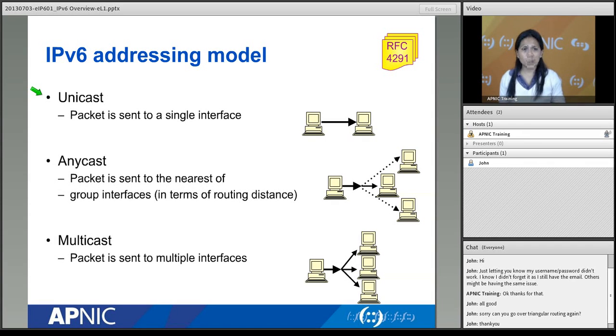Now, let's look at different IPv6 addressing models. As I've said, we are no longer using broadcast. We don't need broadcast in IPv6, and we'll stick with just these three addressing models. Now, why is this important? Well,